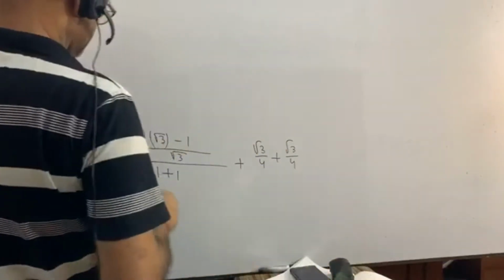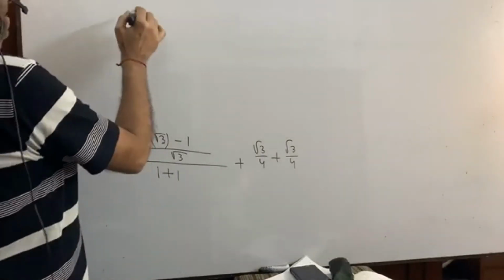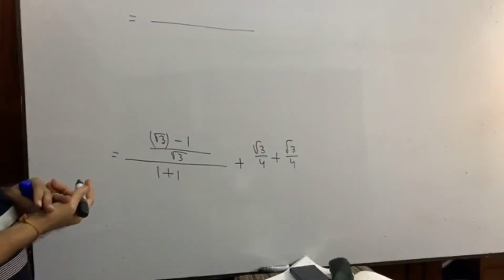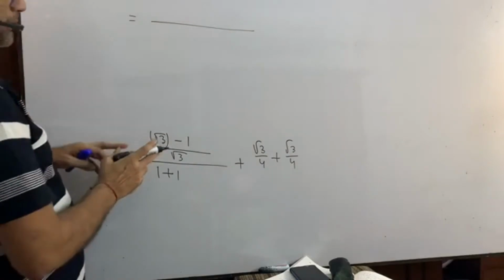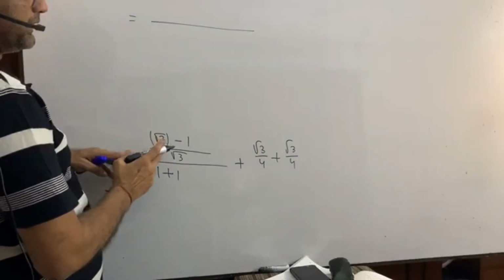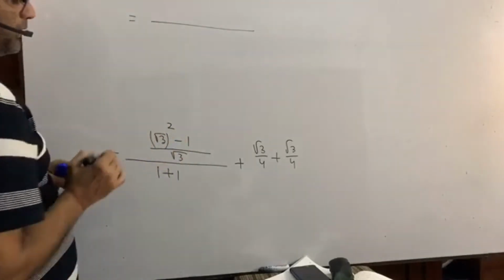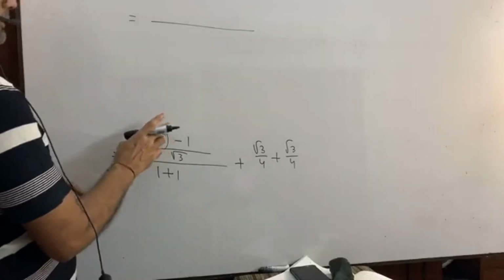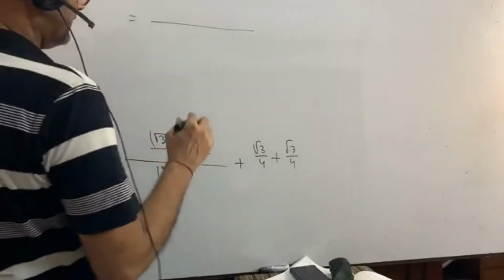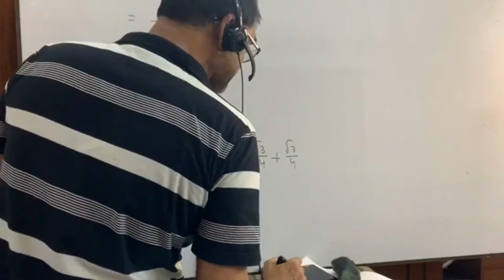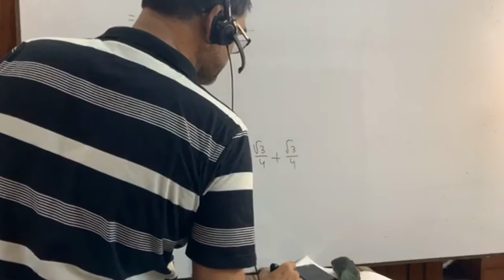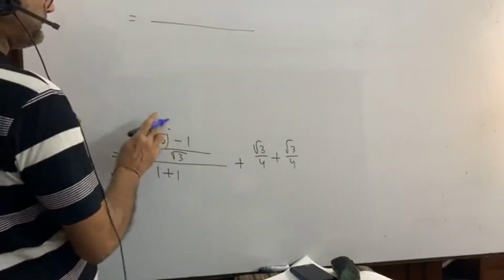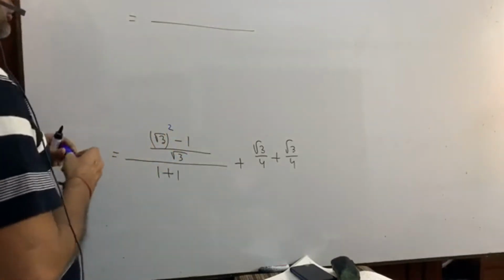Now you see what comes next. Here I have written root 3, right? Actually, I'm sorry, it will be root 3 whole square. Root 3 into root... I'm sorry, what was the math? 10 pi by 3, that is root 3 minus 1 by root 3. Yes, it will be root 3 whole square. Make the correction here. It is root 3 whole square.